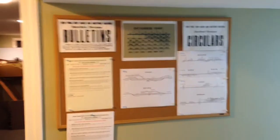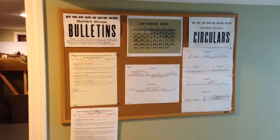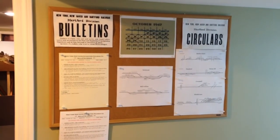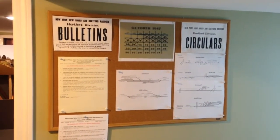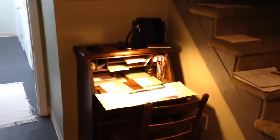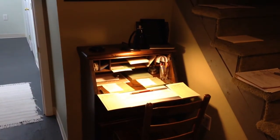So first thing that the crew does after they sign in, some of you that have been on this blog before will recognize the bulletin board, where we have the bulletin orders and the calendar, as well as track schematics of the entire layout. As you move to the right, coming down the stairs, you have the operator's desk with, actually it just went off, but